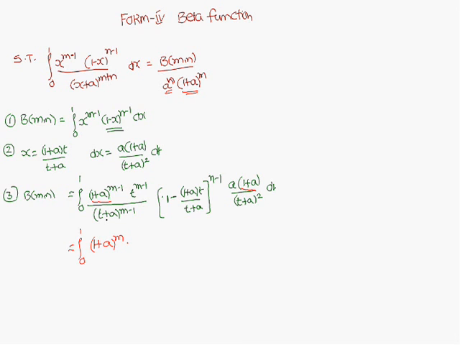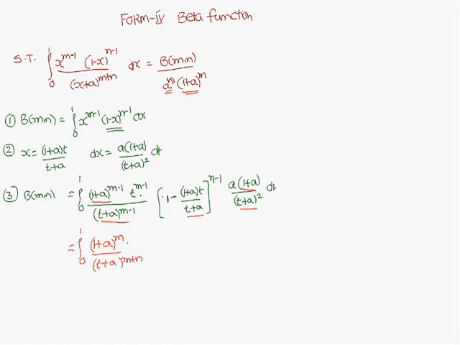now you come across t plus a whole power m minus 1, t plus a whole power n minus 1, t plus a whole square. What you are left with is t plus a whole power m plus n minus 2. That implies m plus n minus 2 plus 2, you are left with t plus a whole power m plus 1. So these are also over.